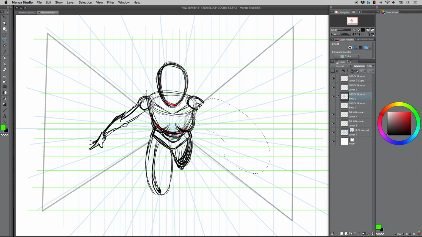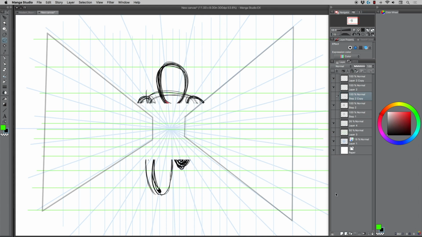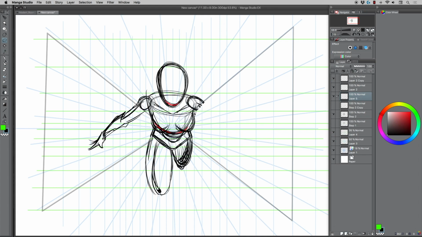I'll just copy and paste this. That way I don't have to redraw it, even though it's not that big of a deal, but I'll just add a new layer and show you what I'm talking about. So say I want this perspectively to go way back, or even further, like this, a very extreme perspective going back. So I might converge this information and say, well, here's my vanishing point. I don't want the hand to go any further than that. It's going to be this little hand at the very end of that. And I can use perspective lines, in a sense,